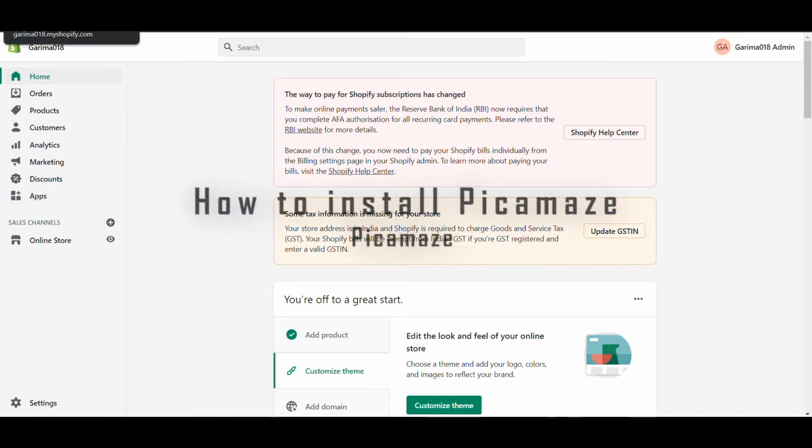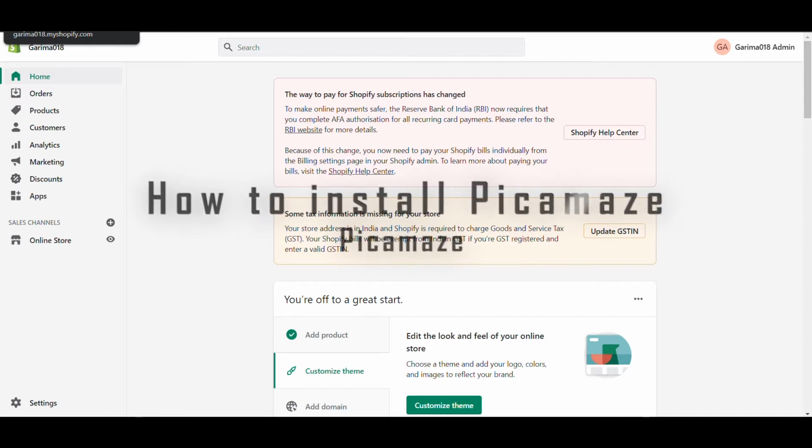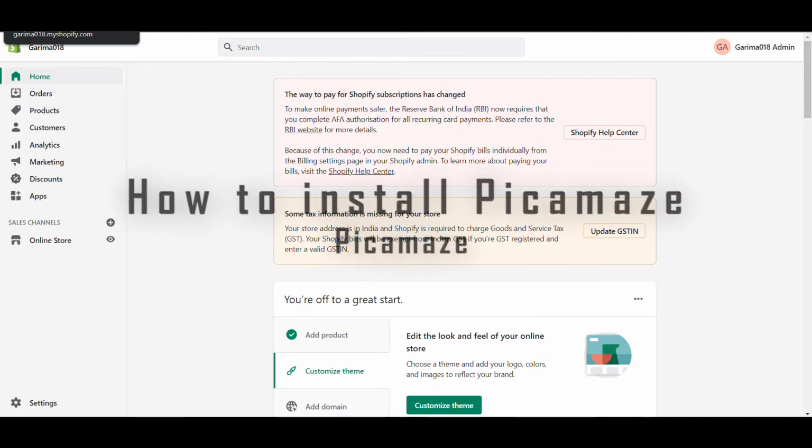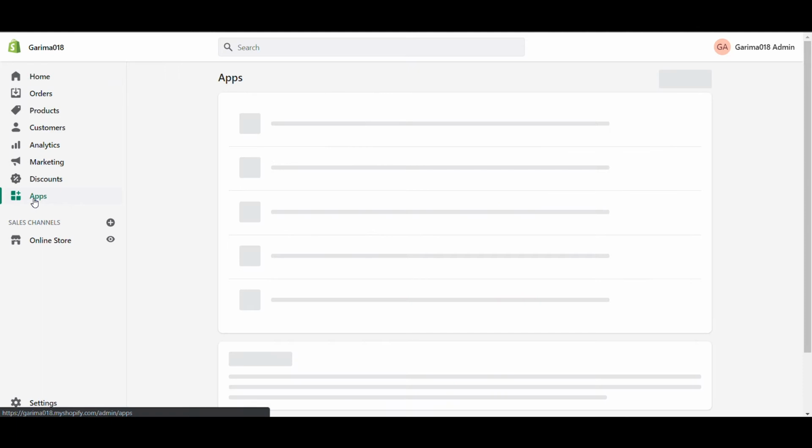So today, as the title reads, we are going to be talking about PicAmaze, how you can install the app and use it in your store. So this is going to be a short tutorial. Let's dive into it. Once you enter your Shopify store, go to the apps,